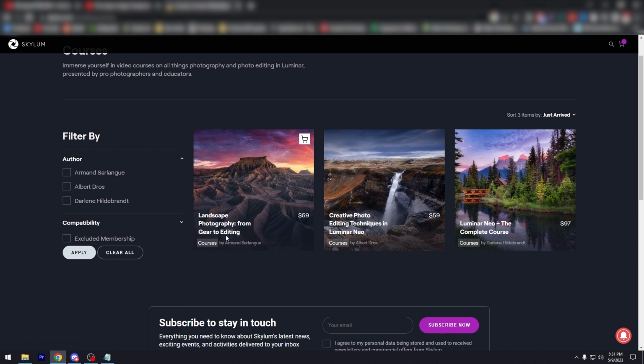Landscape photography from gear to editing, creative photo editing techniques, Luminar Neo, the complete course, right? These are expensive, but if you're not confident in just playing around with it, and if you have some extra cash, this is, in my opinion, a very fair price investment in yourself as a designer. So yeah,